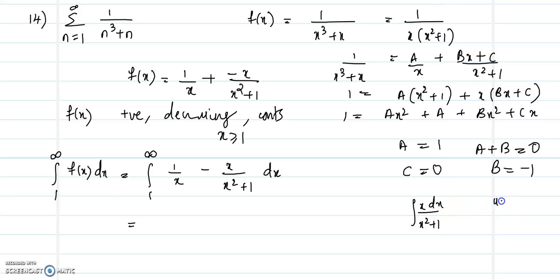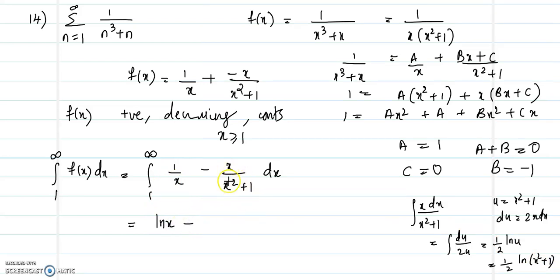If we use a substitution u equal to x square plus 1, then du will be 2x dx, so x dx will be du by 2u. So that will be 1 by 2 log u, which is 1 by 2 log of x square plus 1. So the value of the integral will be log x minus 1 by 2 log of x square plus 1, from 1